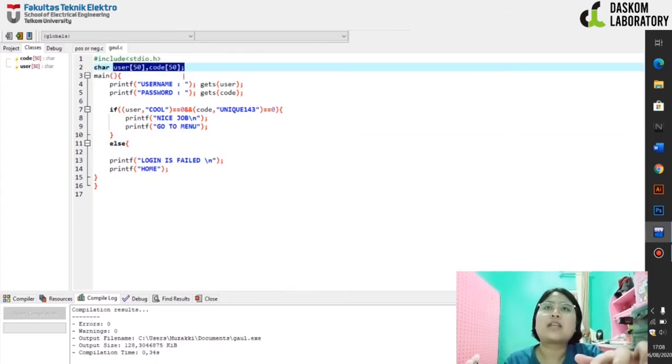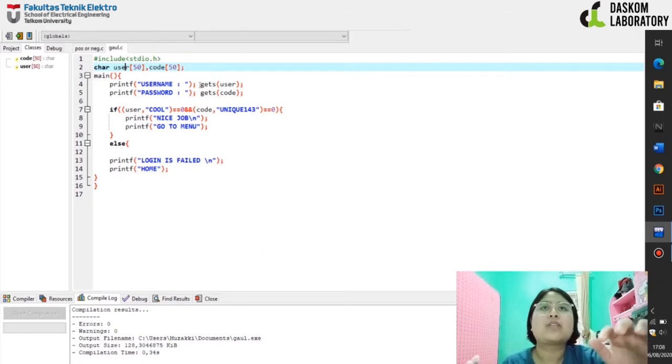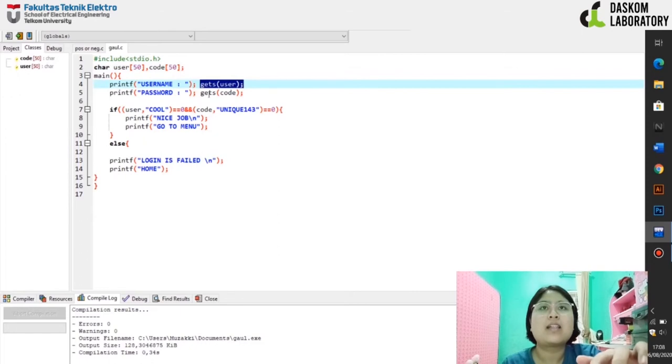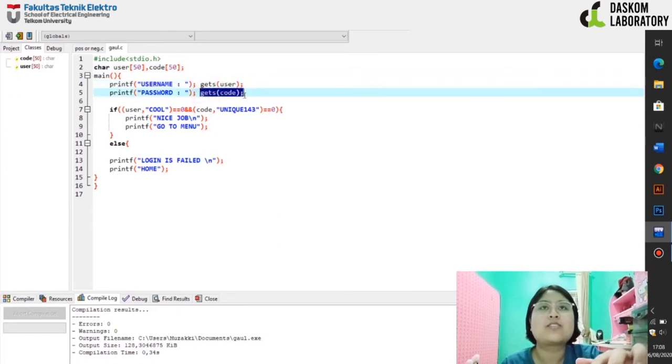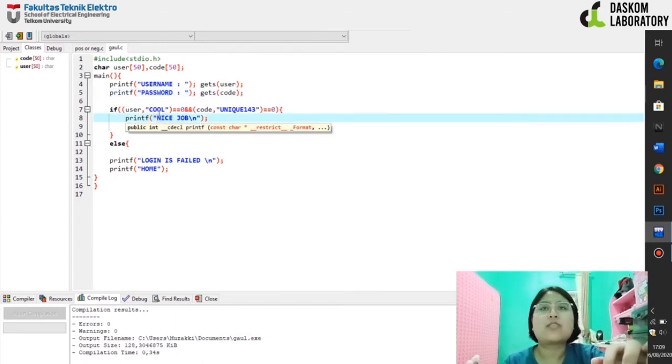In here there is a declaration for a string in C program like this: user[50], code[50]. For input of a string we cannot use scanf, but we should use gets. You can write like this: gets(user), gets(code). Okay, in here we have set the username and password. For username, cool, and password,